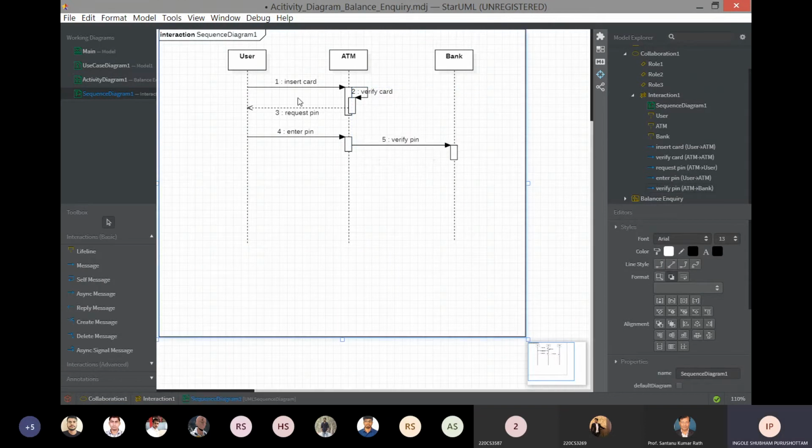It shows the order of the messages, the timing. First, we are inserting the card, then it will verify the card. It is requesting the PIN. We are entering the PIN. It is sending to the bank for verifying the PIN.